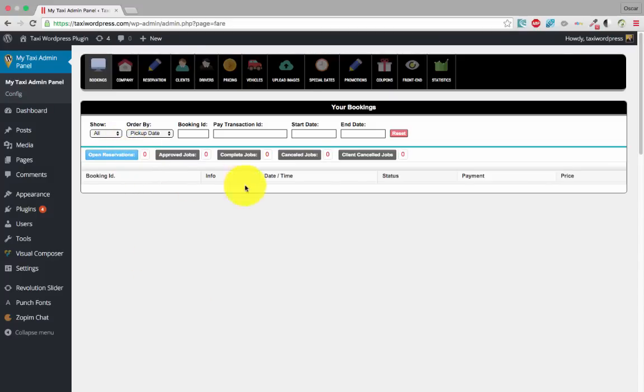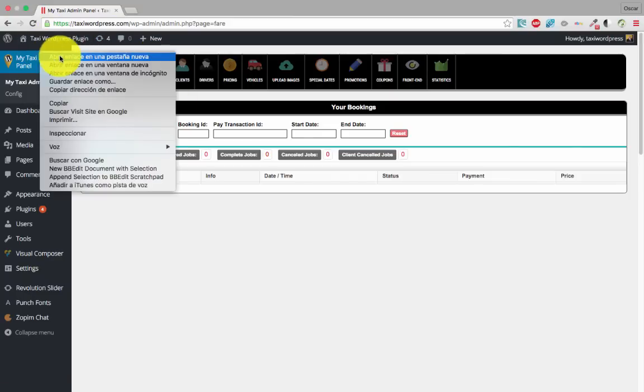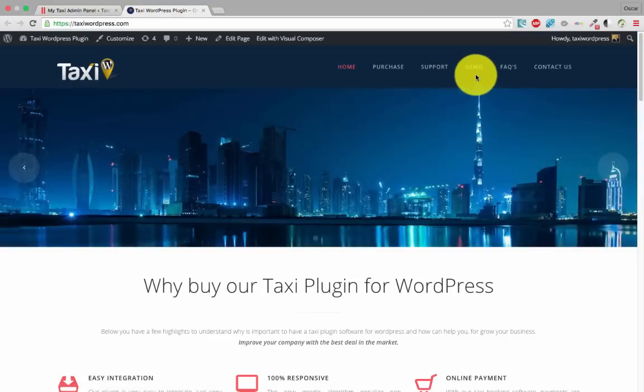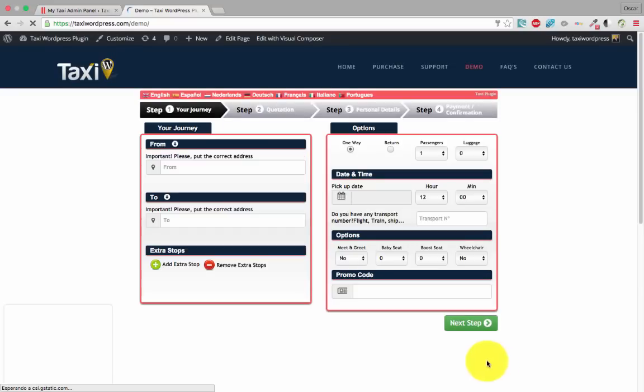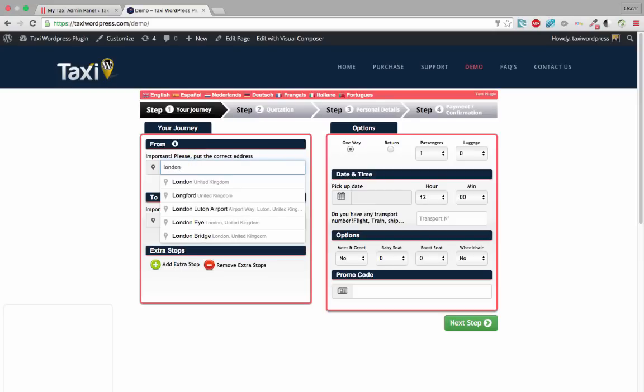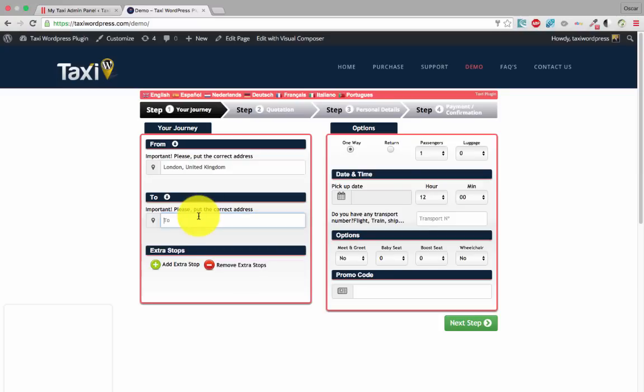Well, first I want to explain the bookings tab. Here you can get all the reservations people make on your website. For example, if I open the website, we have the reservation form here. If a customer makes a booking here, for example from London to Bristol,